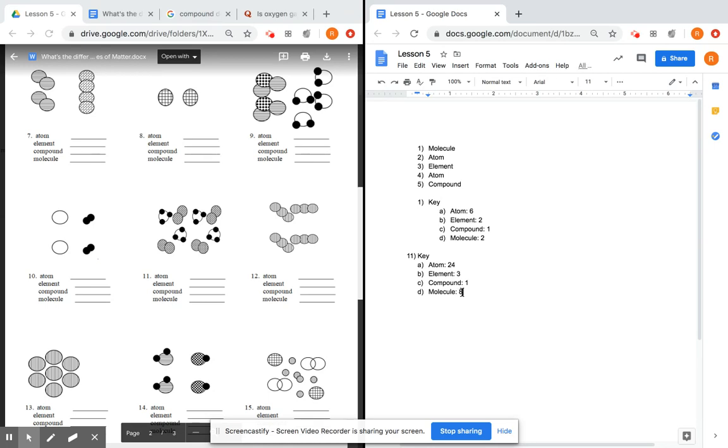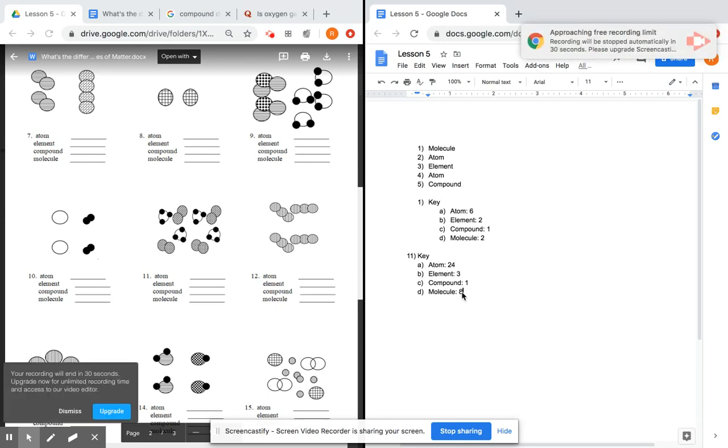So hopefully just seeing the definitions and then seeing 2 of these examples will help you understand how to answer the rest of these. I noticed a lot of us were struggling with the idea of compounds as we turn them in. It's kind of a weird, tricky definition. Just remember, has to be 2 different atoms bonded together, and if there are multiple of them, that doesn't matter. This counts as 1 compound, and this counts as 1 compound. So together here, number 9 would have 2 compounds, for example.